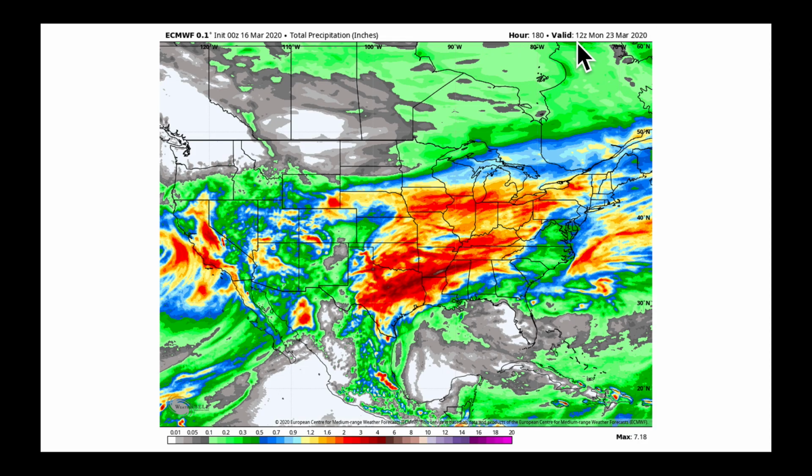This is through next Monday morning. We see the cutoff low, the first one, bringing in the heavy rainfall to California, big snow to the Sierra Nevada. Comes through the Intermountain West, dumping a bunch of snow. Then emerges here, bringing snow only to this area that I'm kind of highlighting in through here. Remember? To the south of that, this is mostly a rain event, coming in two waves, Wednesday and then into